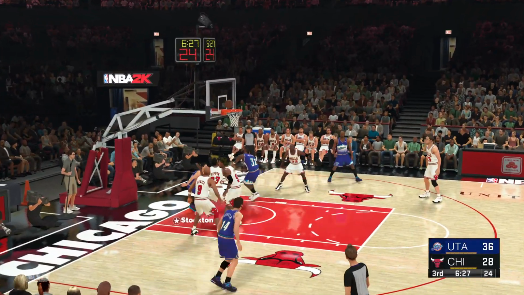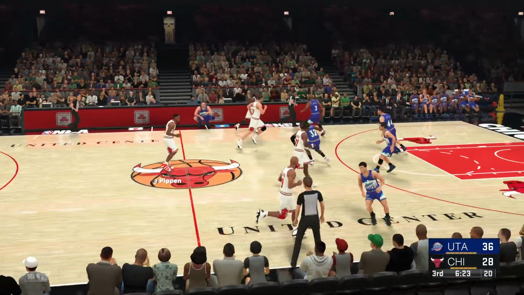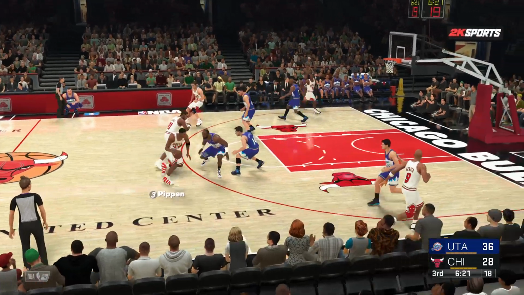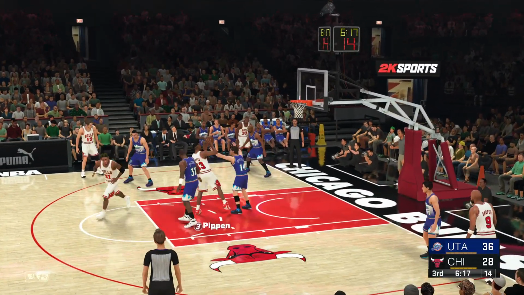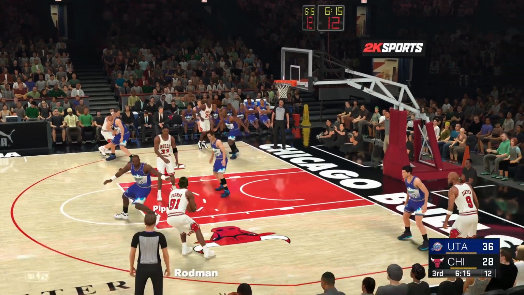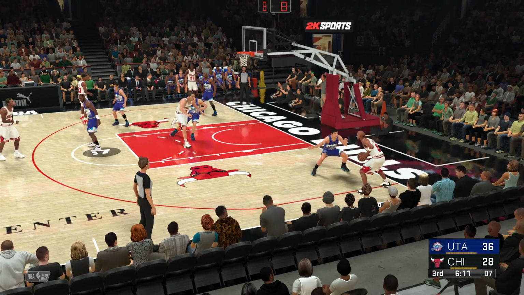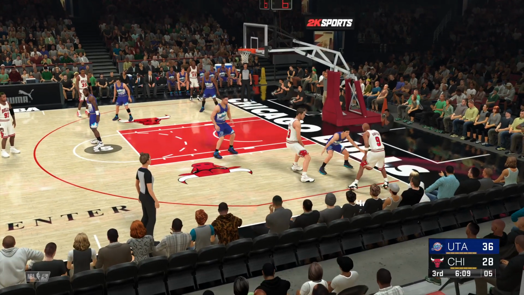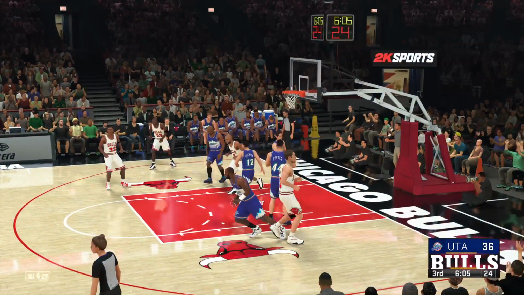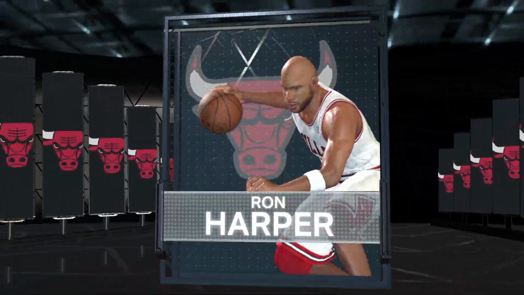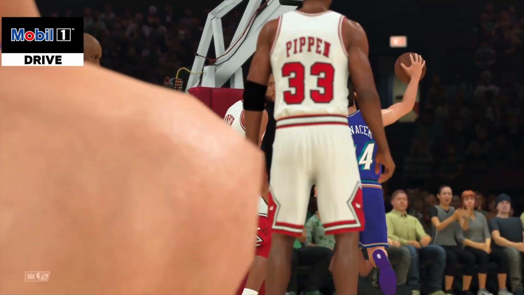Malone tried to break free. Was shot by Stockton, no good. Pippen against Malone. The 9-foot shot. Pippen, the pass to Rodman. Outside Harper, just 5 on the clock. And he uses the glass on the layup. Harper's got 6 points. They didn't have much of a problem getting the ball into the post that time.